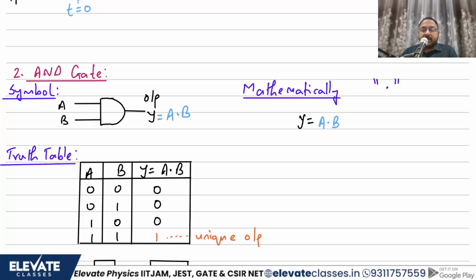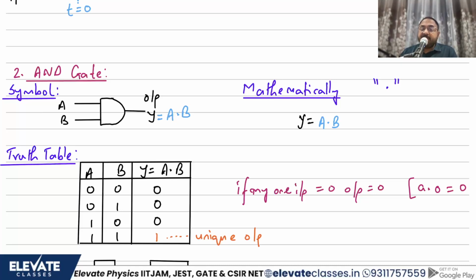Is there anything that will help you to remember it? So first thing you can say is, if any one input is 0, output is going to be 0. A single input, okay? If any one input is equal to 0, then your output is going to be 0. Do you remember this was called the dominance law? A dot 0 is equal to 0. Any one input is 0, output is 0. See? 0.0 is 0, 0.1 is 0. So anything into 0 is going to be 0.